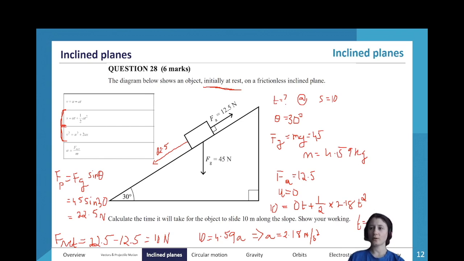Also make sure you remember that the acceleration, the total acceleration, can only be derived from the net force. So if you need to find the acceleration of an object, you need to find the net force first. Alright,